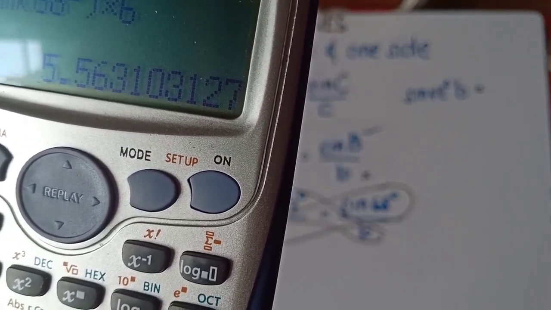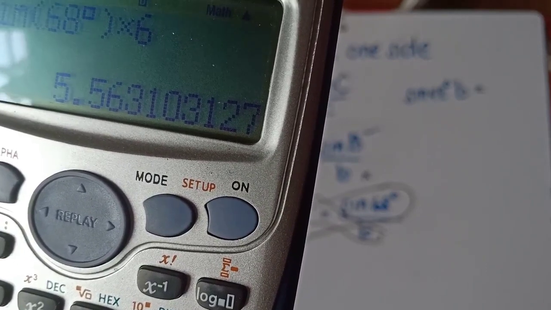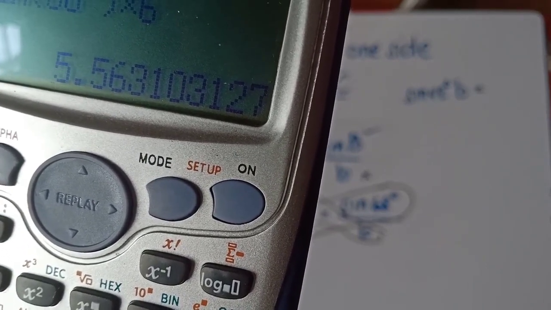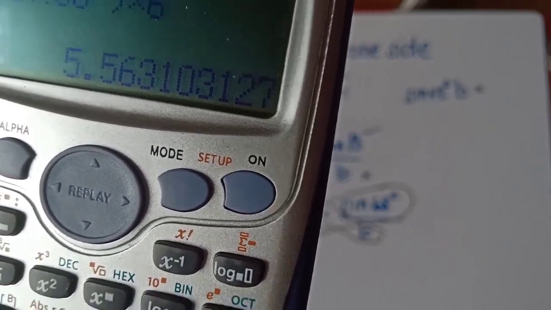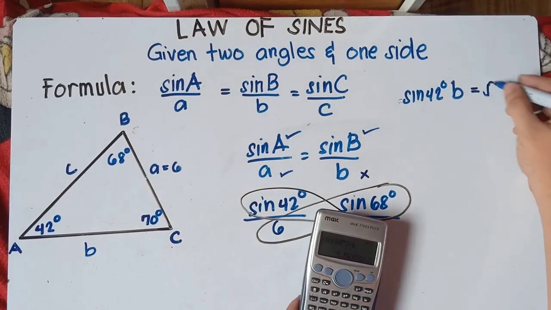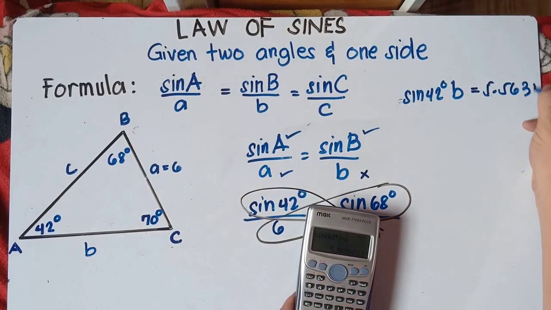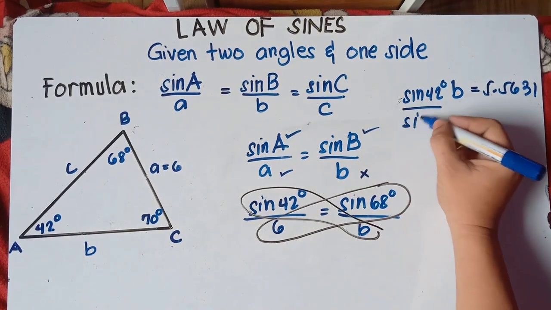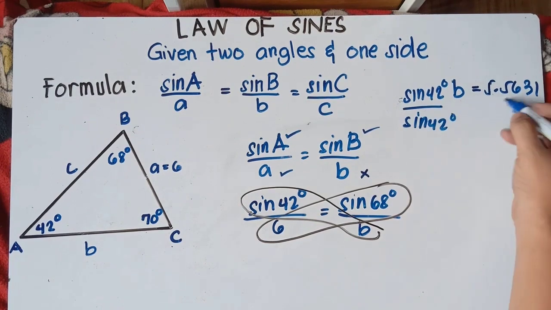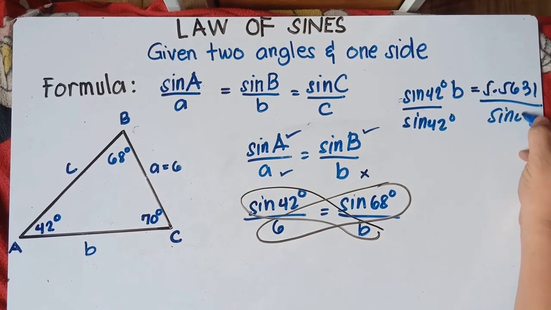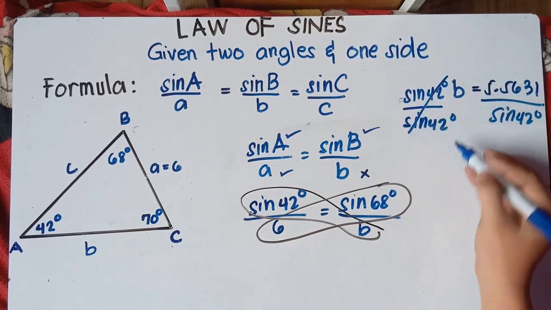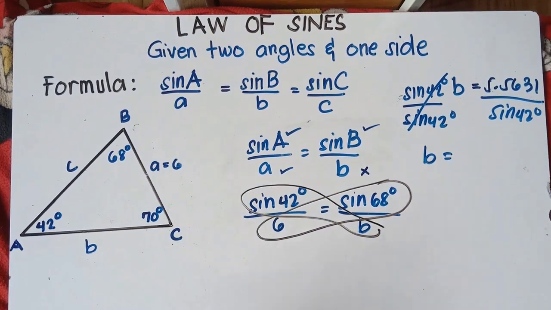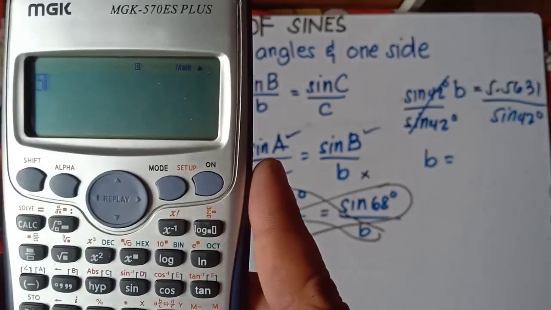5.56310. So the next one is 0. So the answer is 5.5631. Right. So 5.5631. Alright, so to get the value of B, divide both sides by sine 42 degrees, and sine 42 degrees cancel this out, and our B is, so let's divide this one,